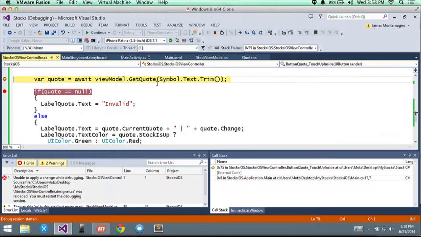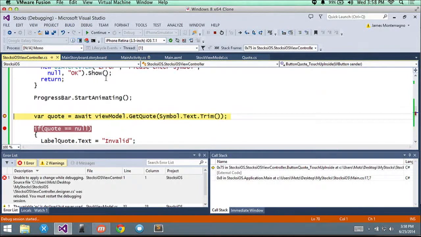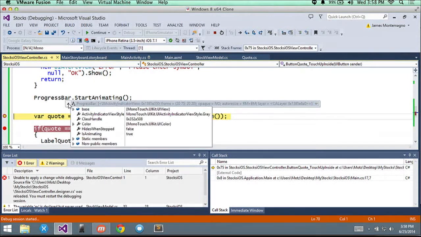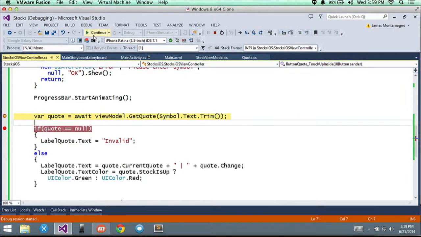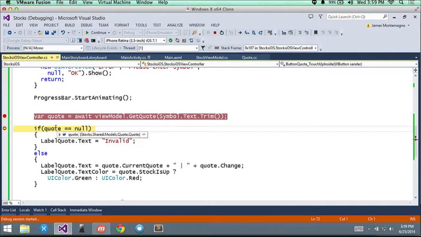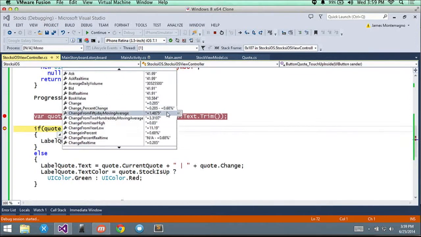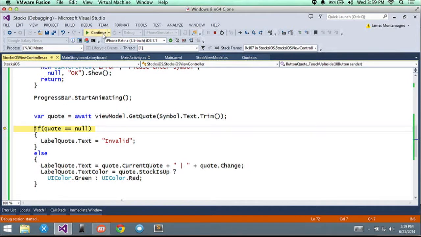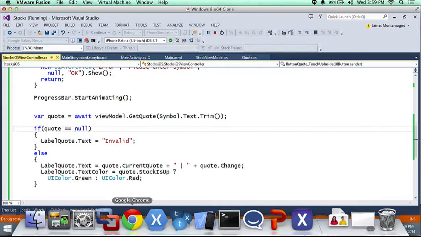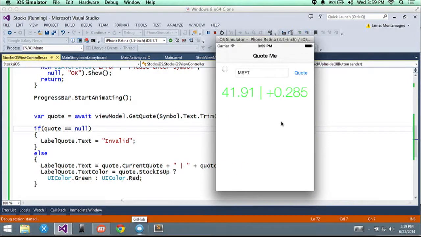Notice that I get the same thing. I get my call stack. I have ability to go in and check every single property that's available to me here, right? I can go ahead and minimize these down a little bit, and I can continue through. And right away, it's really quick. So I can go and I see every single property available, just like we did over on Android. So again, I can continue through, and we'll see now in our simulator that we have that nice user interface